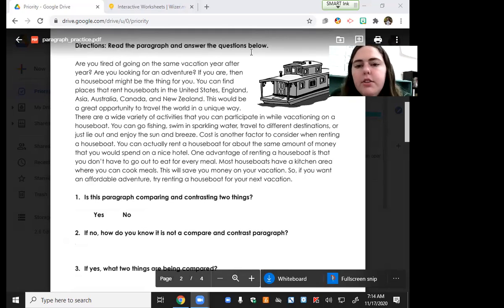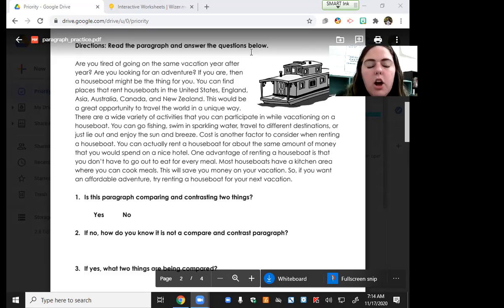This one says, are you tired of going on the same vacation year after year? Are you looking for an adventure? If you are, then a houseboat might be the thing for you. You can find places that rent houseboats in the United States, England, Asia, Australia, Canada, and New Zealand. This would be a great opportunity to travel the world in a unique way. There are a wide variety of activities that you can participate in while vacationing on a houseboat. You can go fishing, swim in sparkling water, travel to different destinations, or just lie out and enjoy the sun